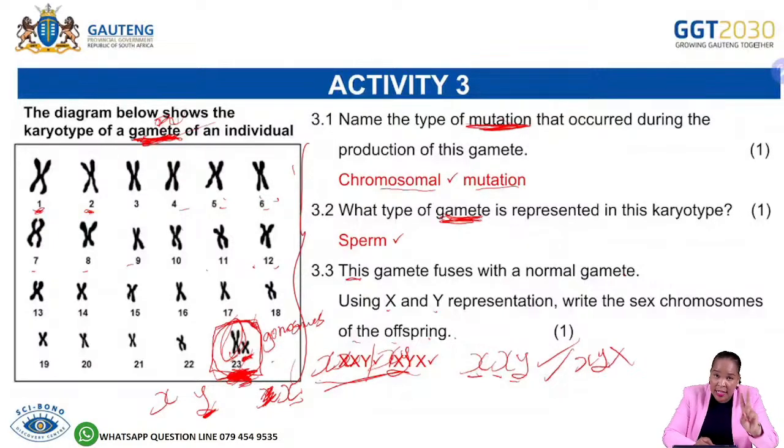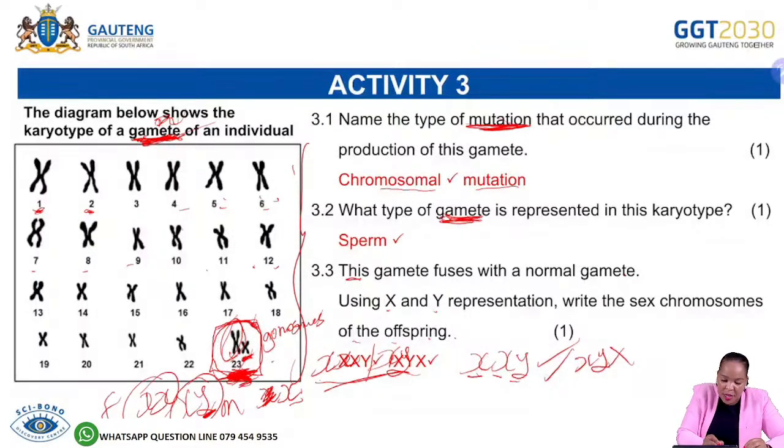If there are two X's, it will be a female. If there's an X and a Y, it will be a male. Female, male. Only in a diploid cell or in a zygote. But if they are talking about a gamete, you expect to find only one at chromosome number 23. I hope that will also help you to answer questions further with other karyotypes that you get and how to